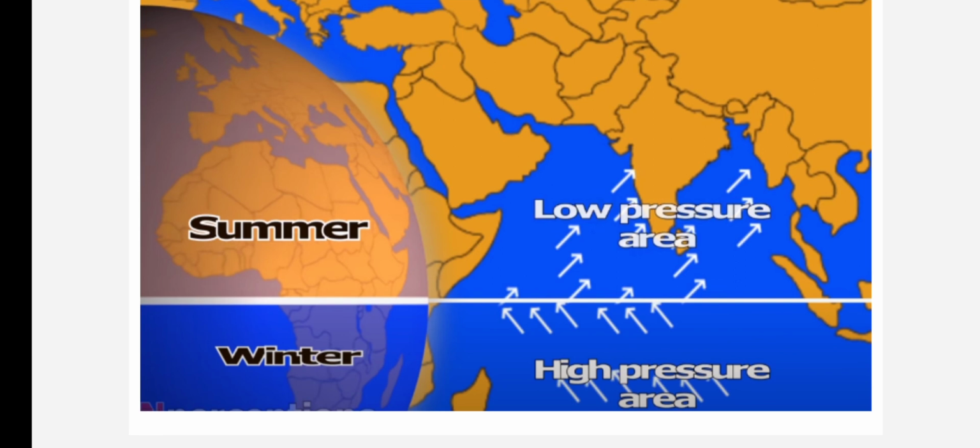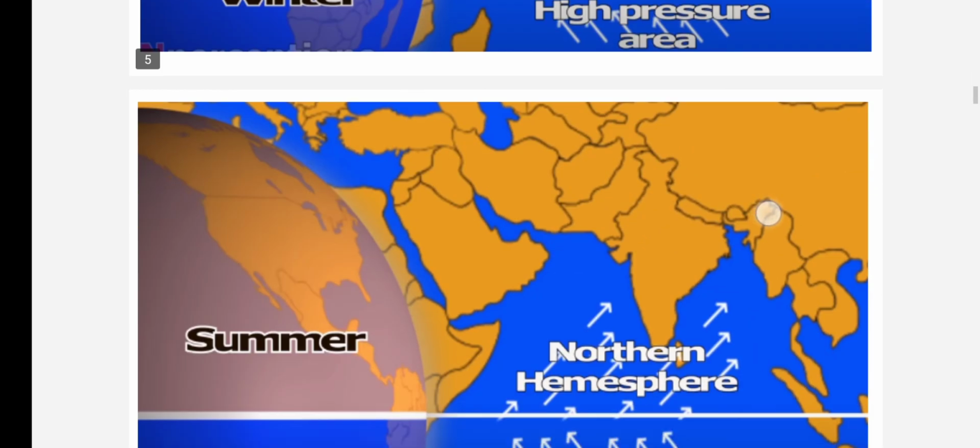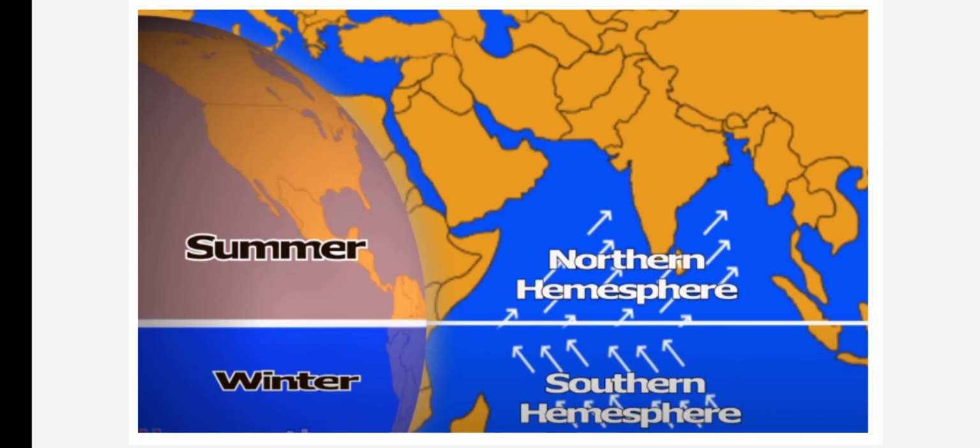Now, when it is summer in the northern hemisphere, it is winter in the southern hemisphere. So, in the southern hemisphere, the temperature is low, the pressure is high. The wind starts blowing from the high pressure area to the low pressure area, that is, from the southern hemisphere towards the northern hemisphere. The winds move from the southeast to the northwest in the southern hemisphere, and after crossing the equator, the winds take up direction from southwest to northeast. This we have learnt in the previous class.